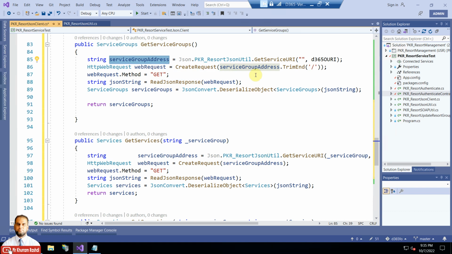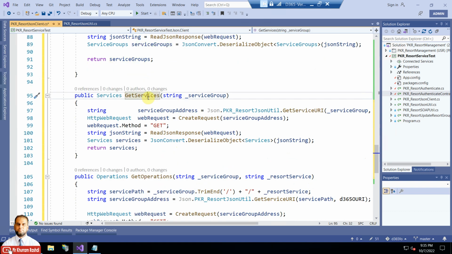Once it is written, we will create a web request, and at the end we will trim and remove the slash sign, and the method will be GET in order to read the service groups. Then the JSON response is received in this string, and the string needs to be deserialized in order to get the service groups. And then there are methods to receive the list of services as well, and here also the JSON string is received in the same way, and the JSON string is then deserialized into the list of services,